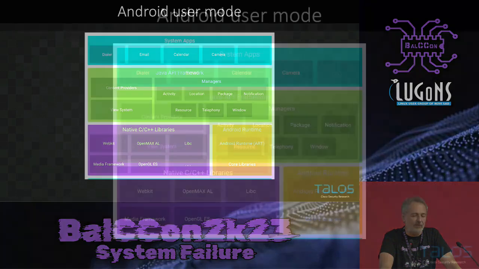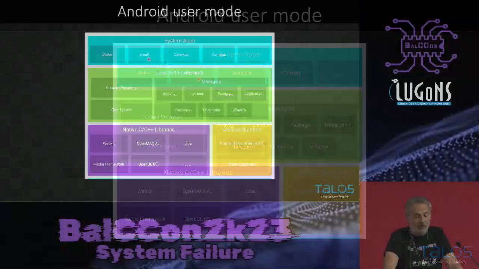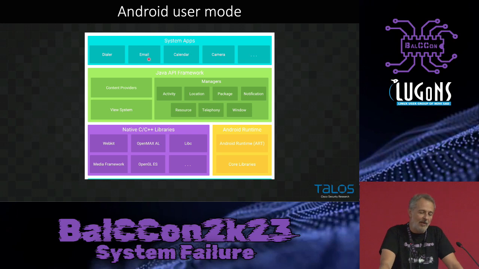So we need to start with a very high-level overview of what Android is. It's an operating system on top of the Linux kernel, and now we see the view of its architecture from a very high level. At the top, we see Android system applications and user applications. Then we use the Java API to program it, and you can also use Kotlin, which is maybe even more popular these days. But generally, it looks like a Java virtual machine in the middle, with many different